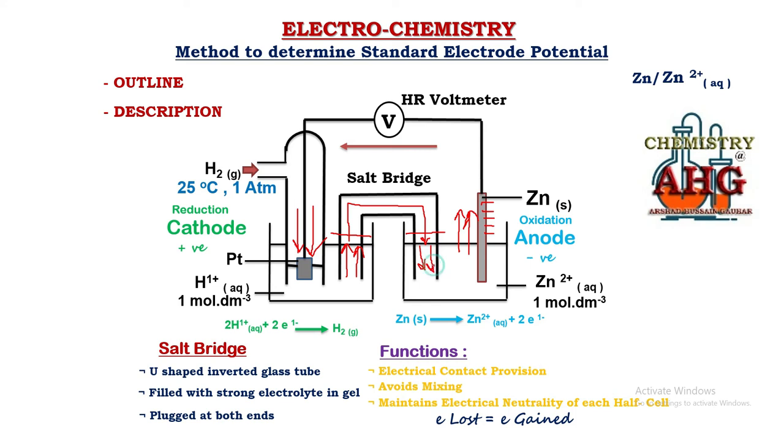Now what you can see? You can see electrons are lost by the zinc plate, gained by the hydrogen half cell, lost to the salt bridge, gained by the zinc half cell back. So the number of electrons lost is equal to the number of electrons gained. So in this way, the half cell remains electrically neutral and the cell can remain functional for a longer period of time. Now some people among you might be thinking, then why, after all, ultimately does a cell expire?